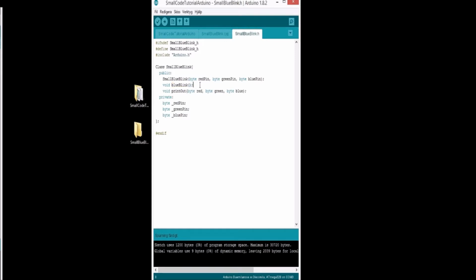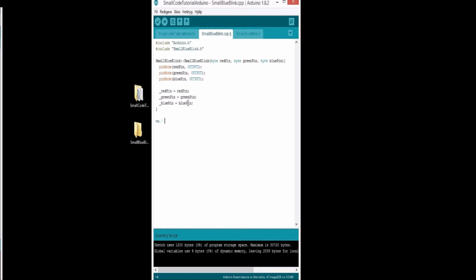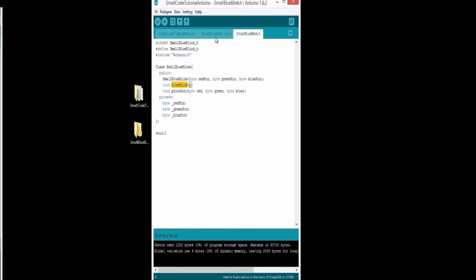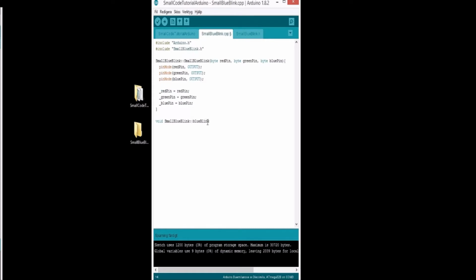So this one, blue blink, I'm gonna declare it void. But first, before the name you always need to use the name of the library, and then blue blink. And in this one, I'm gonna tell what I want to do with it, but I'm gonna create the other function first, which is